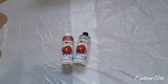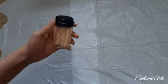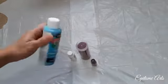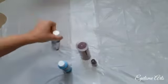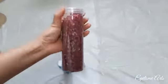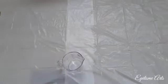So now to start with, we need a pair of gloves, resin and hardener, some plastic glasses, toothpicks, some popsicle sticks, and some acrylic colors. I took light blue, white, and a pink nail polish for a translucent effect, and some glass granules. Those are plastic ones. And I used this measuring cup,